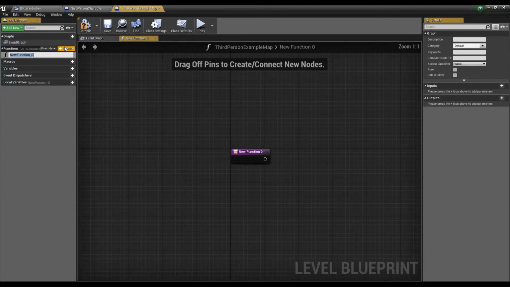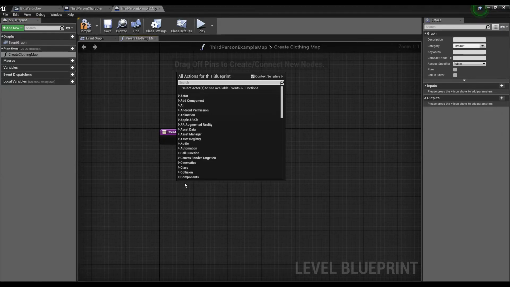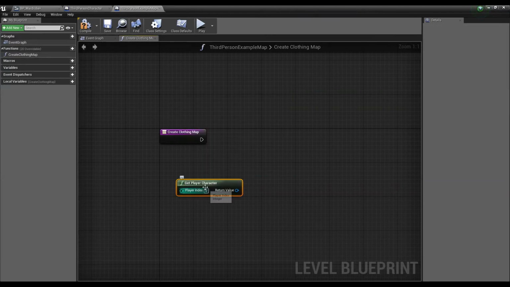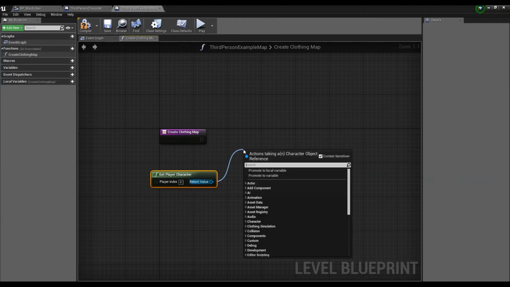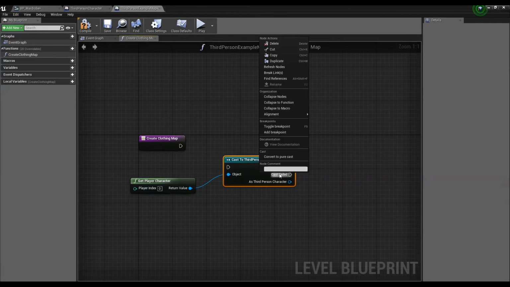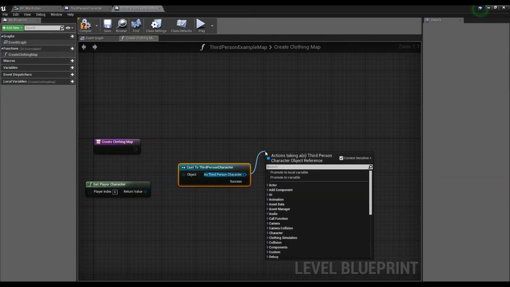So I'm going to create a function first, and let's just call it create clothing map, and then in this function the first thing I will do is get the reference of the player character, and then let's just cast it to third person BP character which we are using, convert it to pure cast, and then we will need to access the